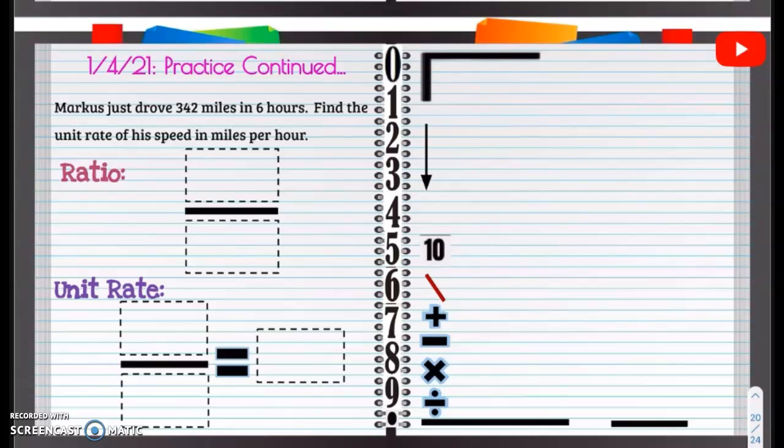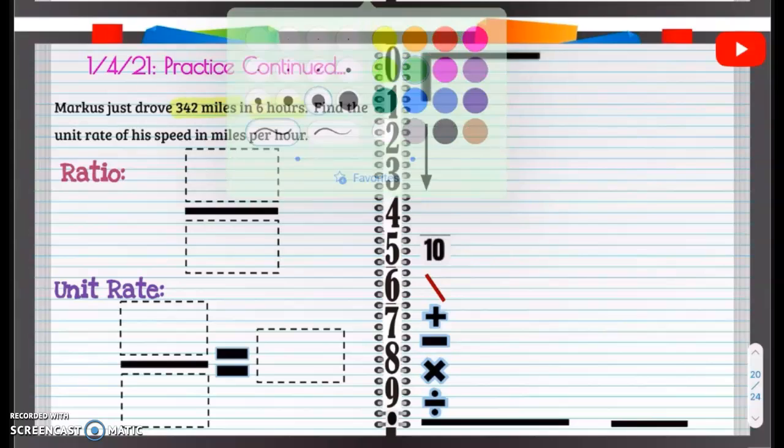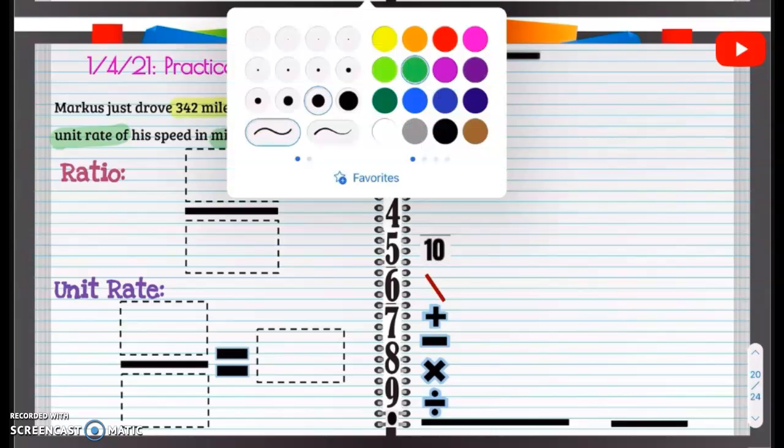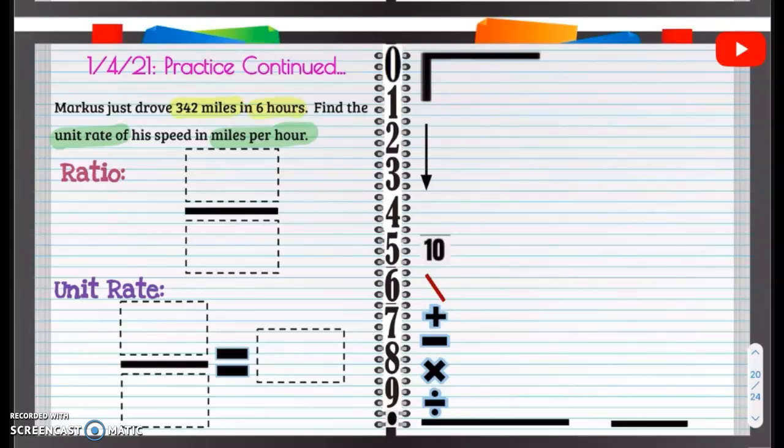So Marcus just drove 324 miles in 6 hours. Find the unit rate. So we're going to find that unit rate of his speed in miles per hour. So we need to find it in 1 hour. So we need to get that denominator to be 1. So first of all,